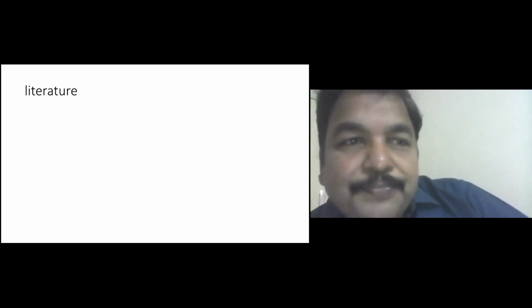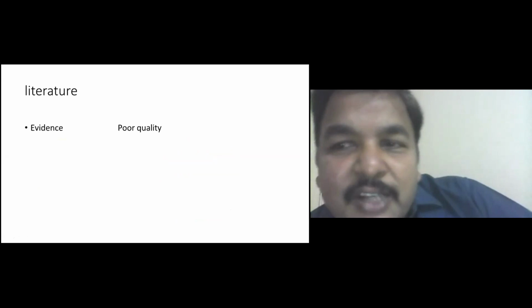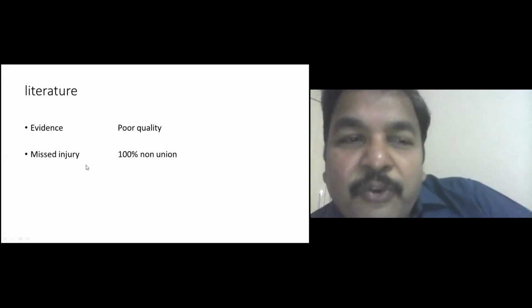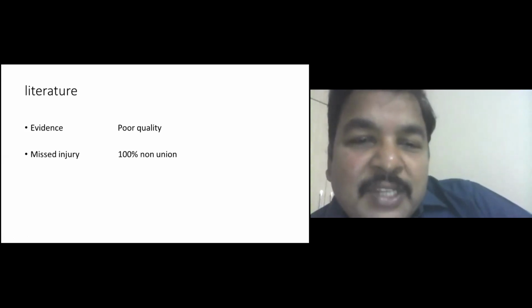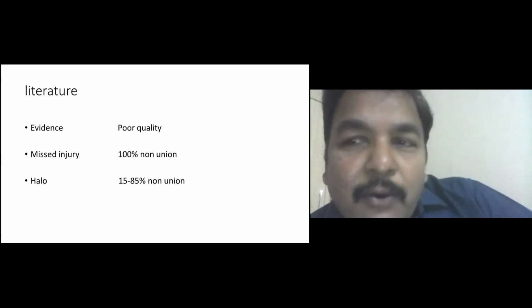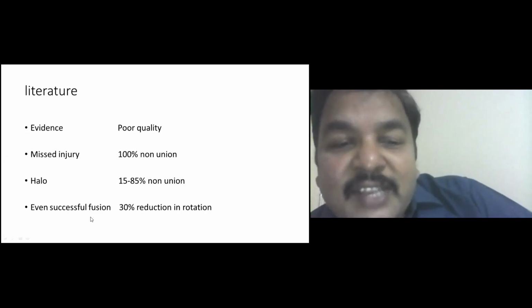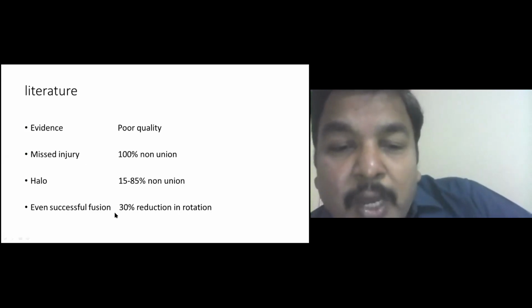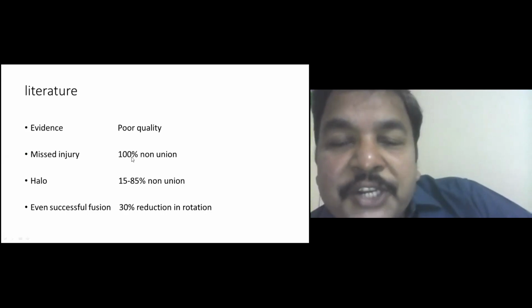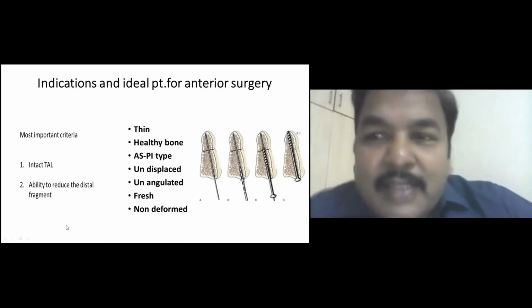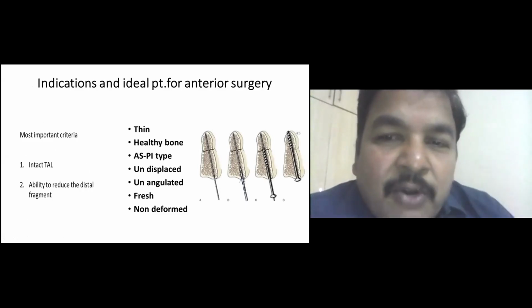So what is the literature evidence for the treatment of odontoid fractures? Evidence is poor, and if you miss the injury, there is going to be 100% non-union, and halo treatment invariably fails, with a reported non-union rate of 15 to 85% in various series. And even with successful fusion with the anterior odontoid screw, there is a 30% reduction in rotation in long-term follow-up. So the most important criteria in deciding when you are going to perform the anterior odontoid screw are